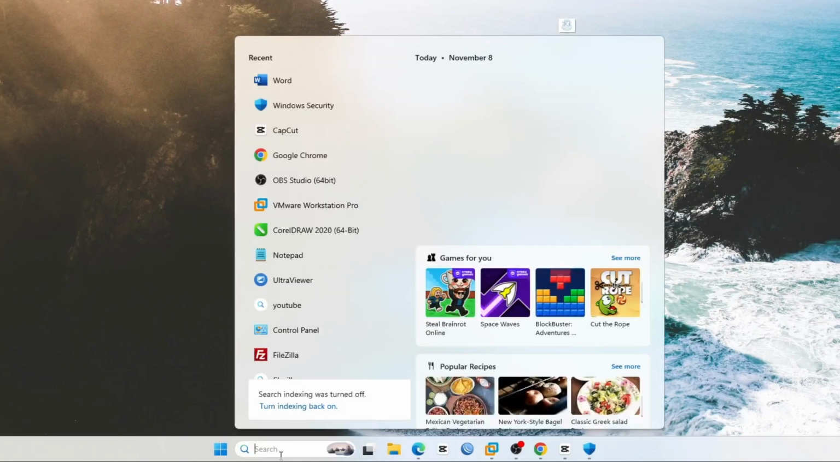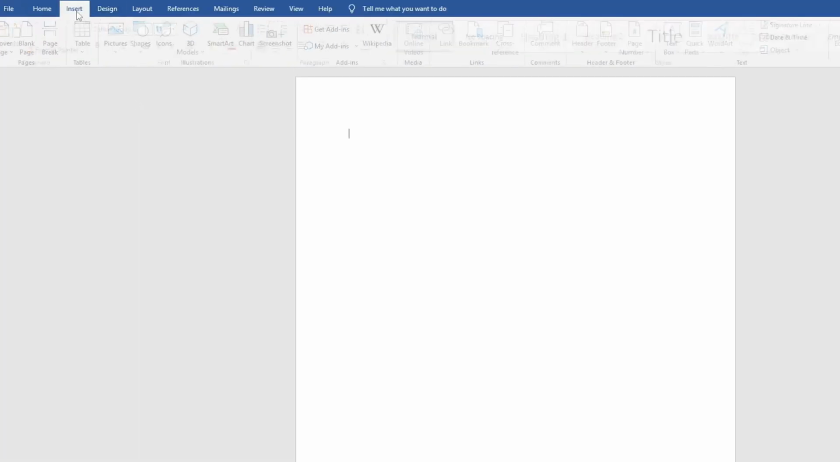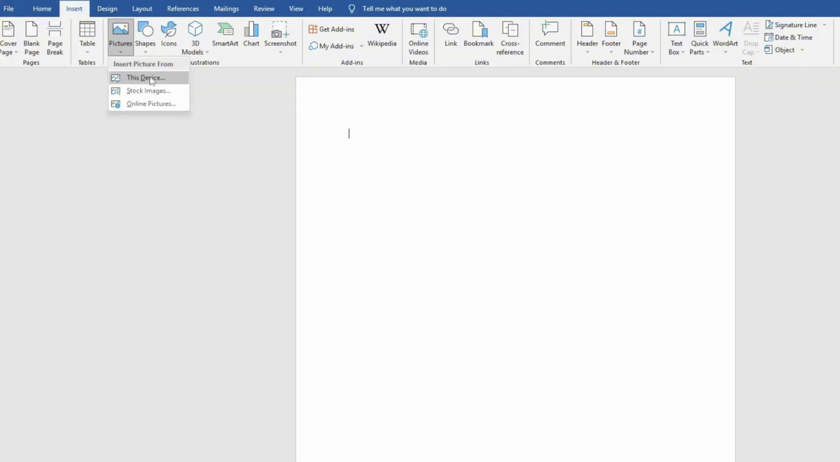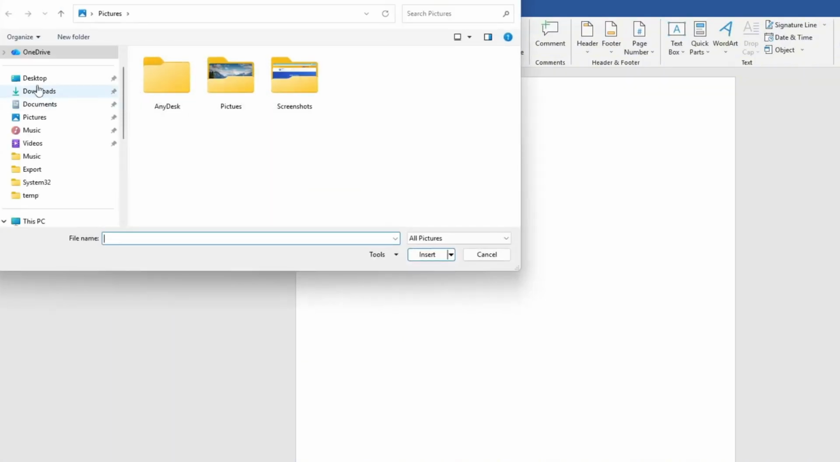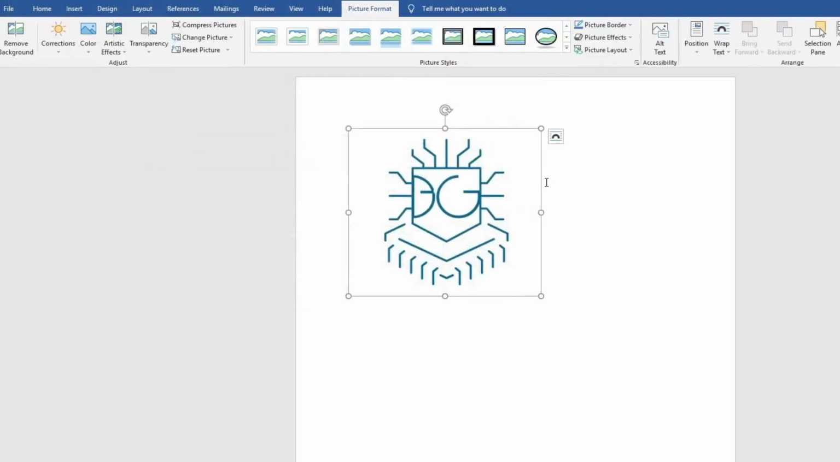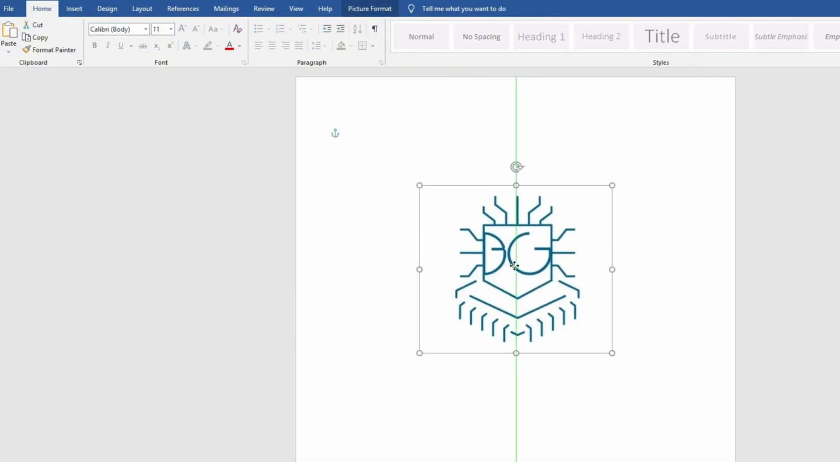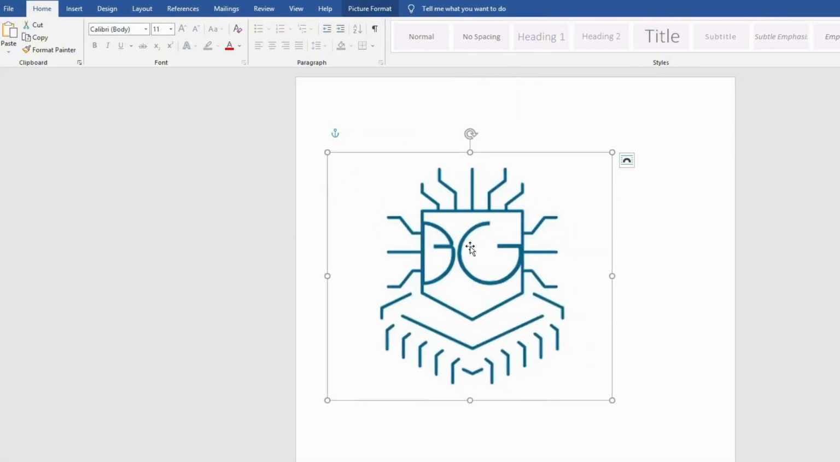Go ahead and open Microsoft Word on your computer. Once it's open, click on the Insert tab at the top and then choose Pictures. Now, select the image you want to convert into PDF and insert it into the Word document. After it appears, you can easily resize it, adjust its layout, or even center it on the page to make